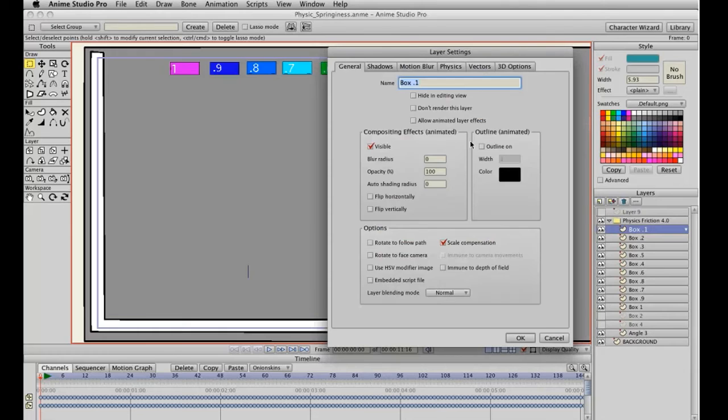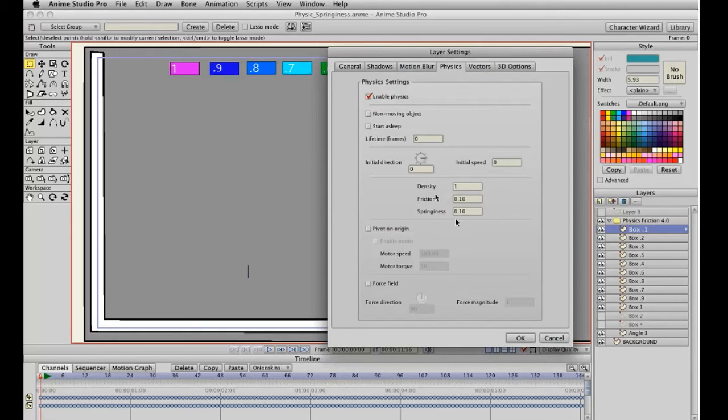Let's see, what are we going to look at here next? So there was friction and springiness. The density is going to be similar. I don't have a setup example of density right now, but as you lower the density, it makes a lighter object like a feather or such. I'm going to move on to the next section here, which is pivot on